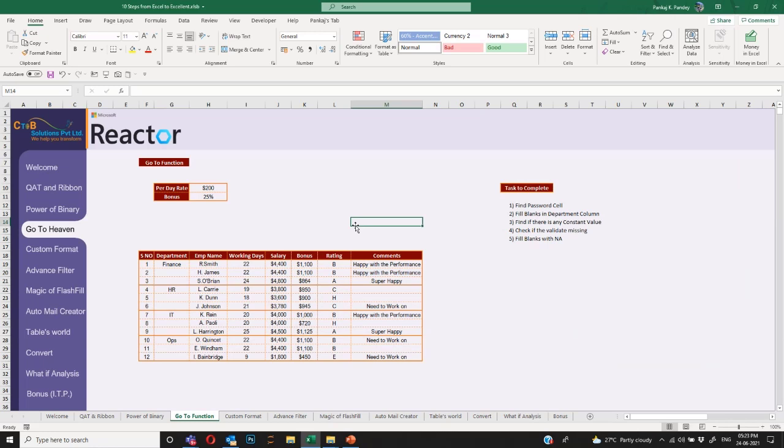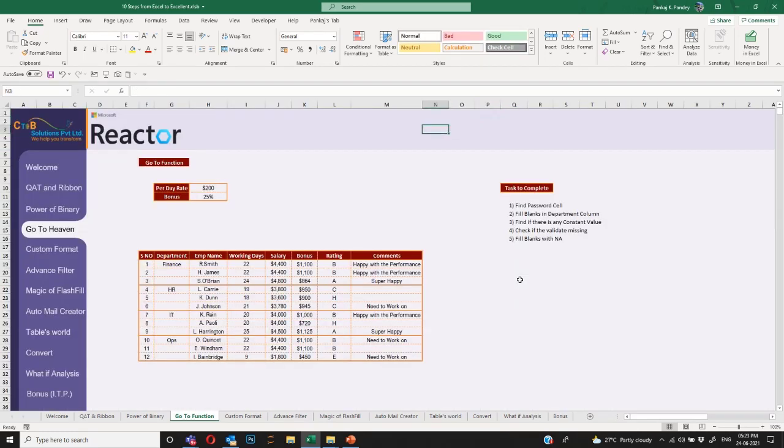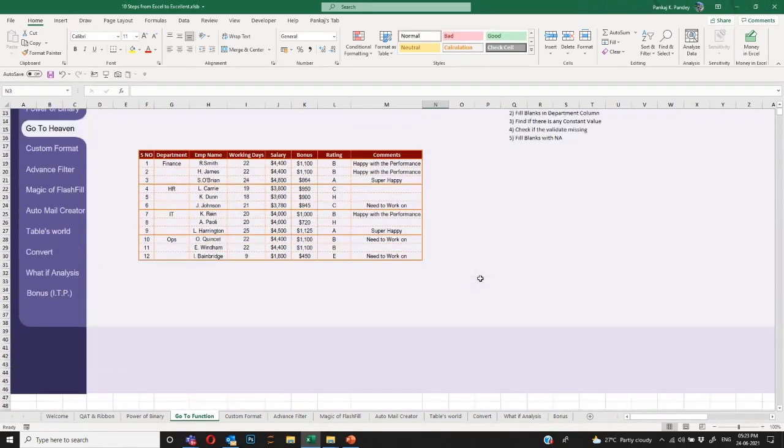Let's say I'm working on a file and I have a couple of tasks to finish. My first task is to find the password cell. I have stored my password in cell P10000. So I'll either go to column P and use the arrow keys, or if I have a lot of data, I'll scroll down.